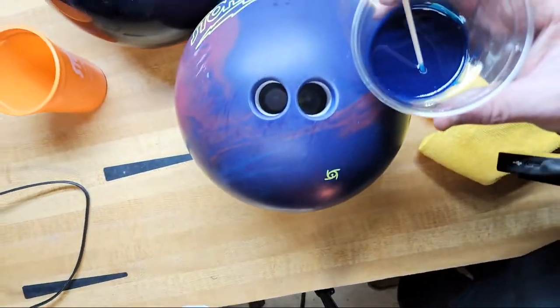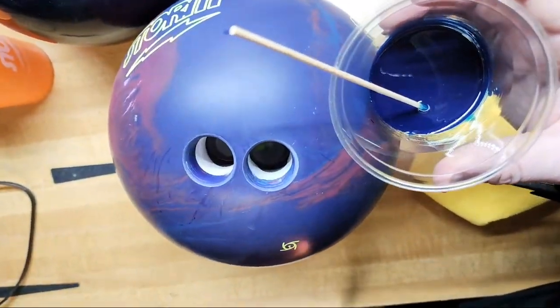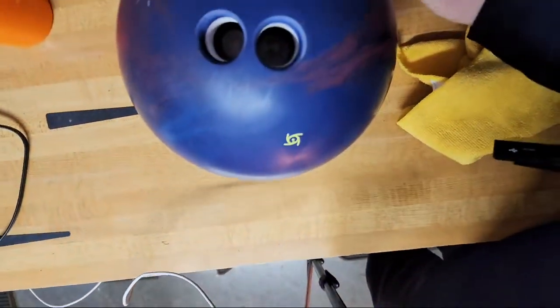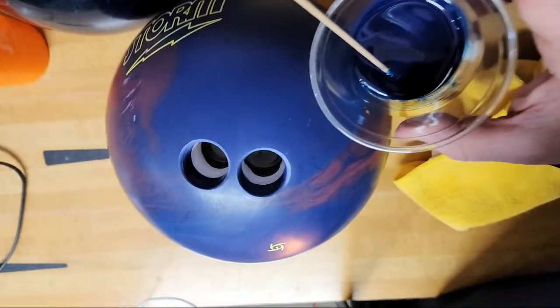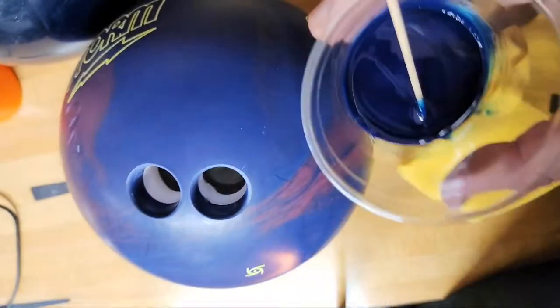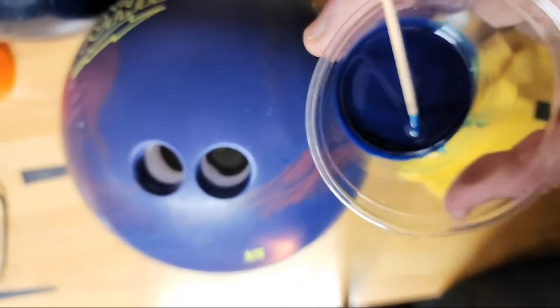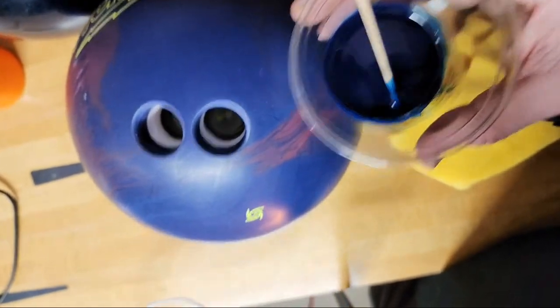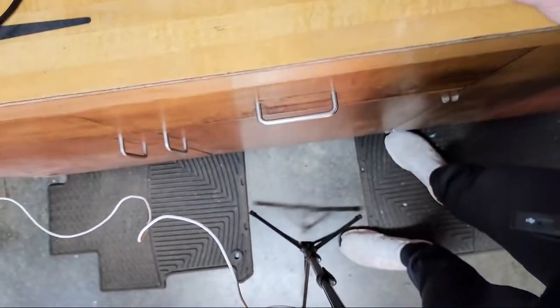So let's see what we've got now. Oh, that's really close. Turn the light off. That's why this ended up too dark, because this is a flatter color, and see, I like the tone, but it's just too dark. It needs a drop of white. That's probably what I screwed up last time. However,